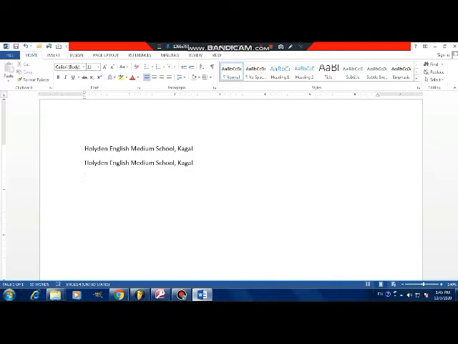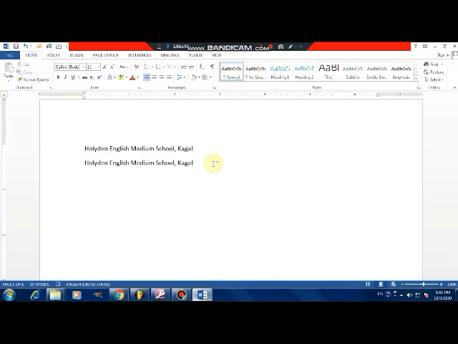You can use any one of these; it is repeated two times, and you have to press any one. Now the next one is the Backspace key. What is the use of the Backspace key? The Backspace key is used to remove letters from right to left, that means from the right side to the left side.